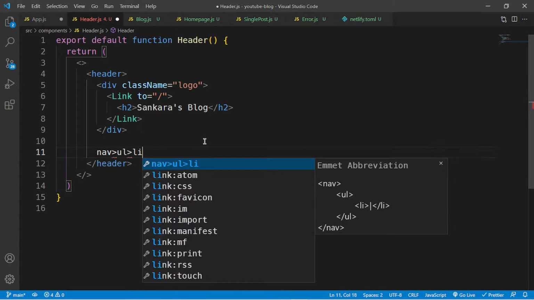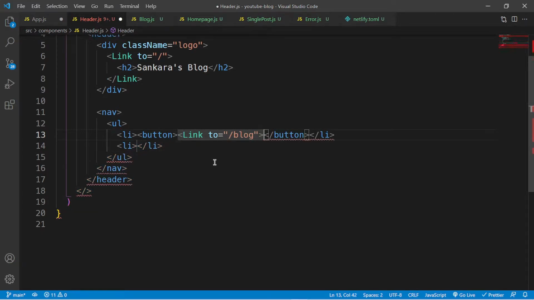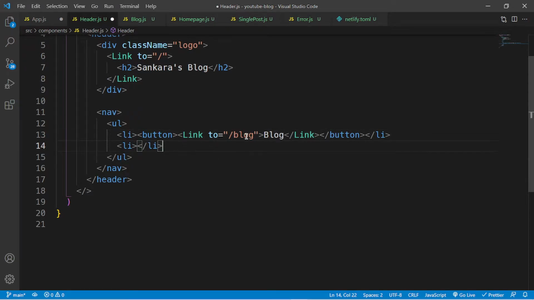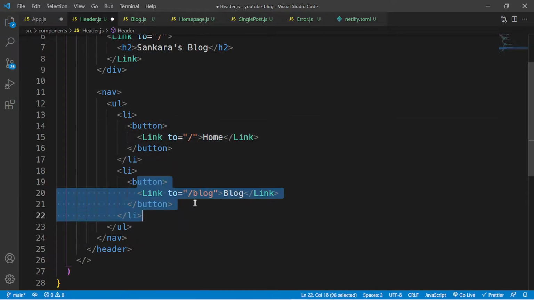And then below this div, I'm going to have a navbar with an unordered list with two list items like so. And these list items are going to be, let me just make them buttons, for example, a button. And inside here, let's have a link. This will be going to the /blog page. Okay, close it out. Link like so. And the text for this is going to say blog. Okay, and probably I've done this wrong, but let me just copy this inside here, paste it in, and then this should say blog. So this should be / and then this should say home. So clicking this button will take us to the home page, and clicking this will take us to the blog